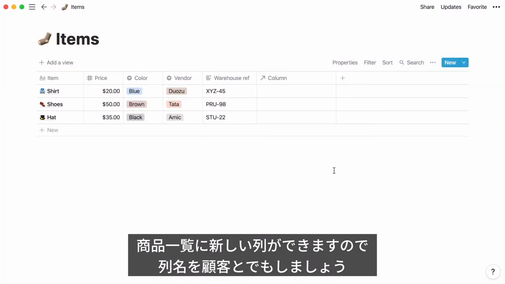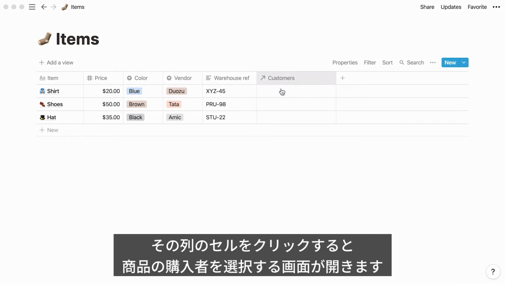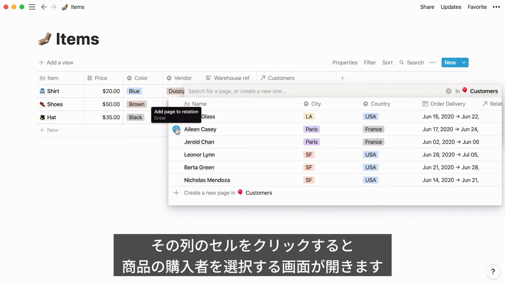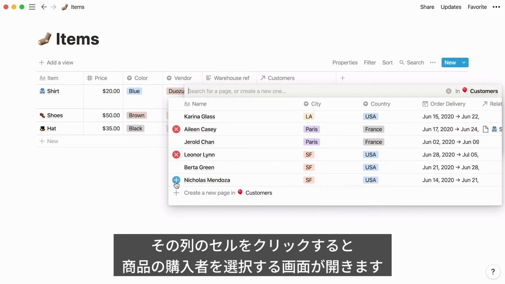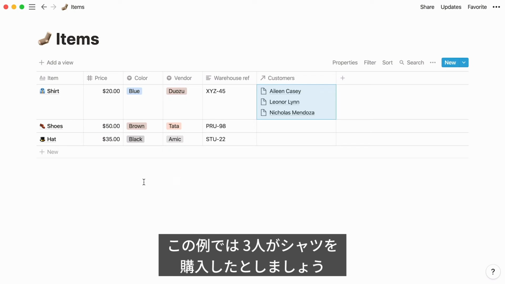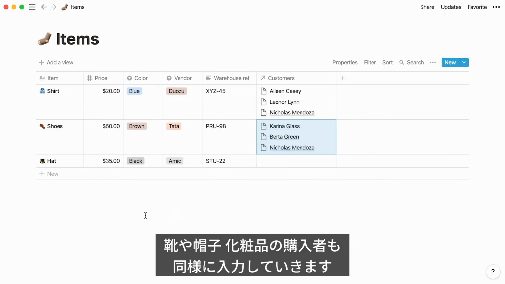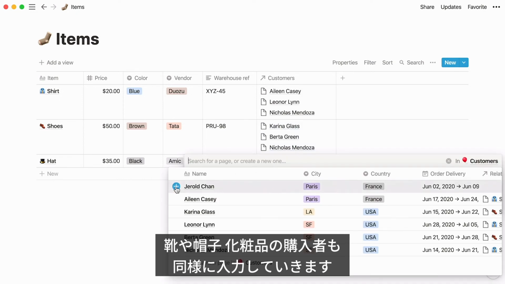A new column is added to your items table. Rename it Customers. Click inside those cells, and you'll be prompted to select which customers bought every item. For example, here, Aileen, Leonore, and Nicholas bought a shirt. Every customer who bought a pair of shoes now neatly shows up here, and the ones who purchased a hat